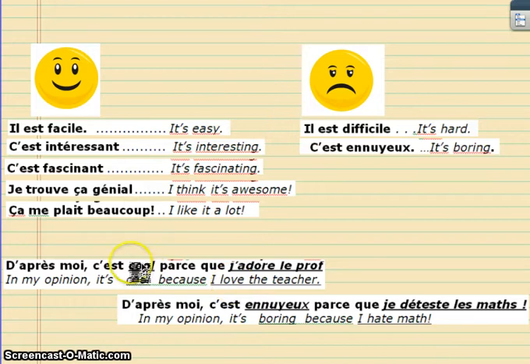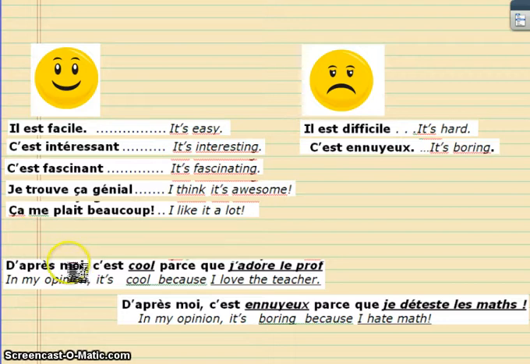Then down here at the bottom, we've got some full sentences here, and the reason why some of the words are underlined and some of the phrases are underlined is because you can kind of fill in whatever you need to fit your own personal opinion. Both of them start with d'après moi c'est, which literally means in my opinion it's, and then you've got to fill something in. If you fill in something positive like cool or something negative like ennuyeux, which is of course boring, you can either make it a positive phrase or a negative phrase. And then here's the key, parce que. Parce que means because. Now, if you use this phrase, you have to put something after your because.